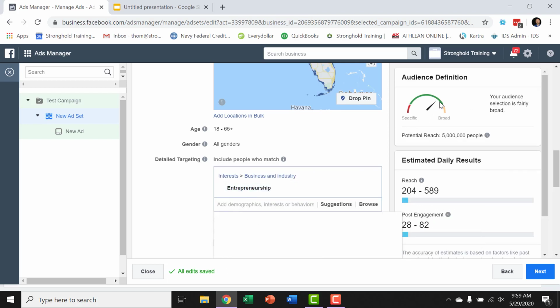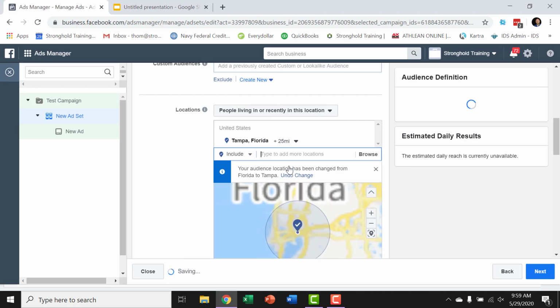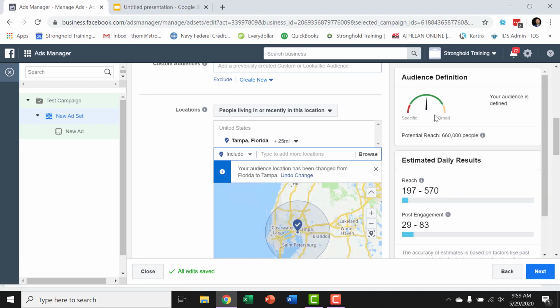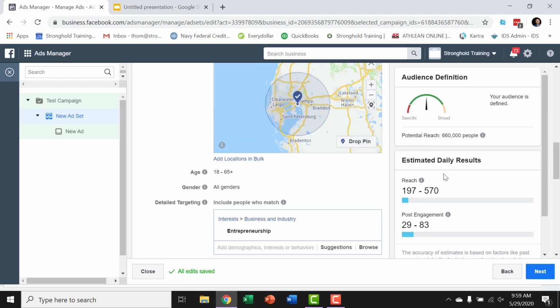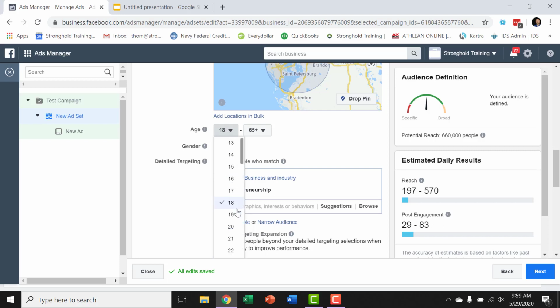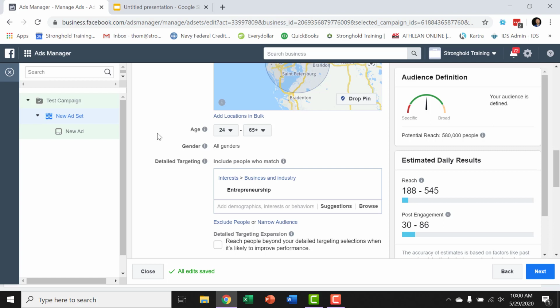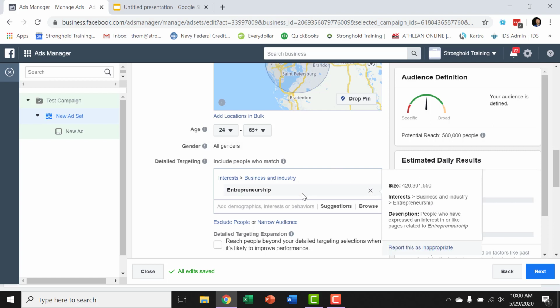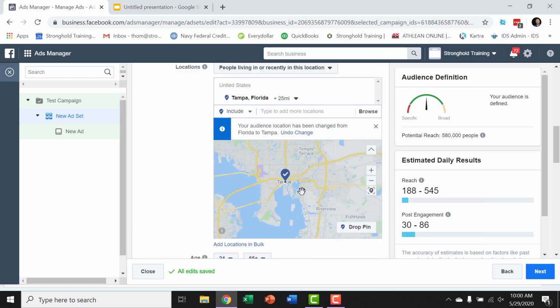See, that's a pretty large group of folks. I'm going to actually narrow that down to Tampa. 25-mile radius around Tampa. Still a bigger group than I typically would advertise to, but that works. As a matter of fact, I'm just going to narrow that to people 24 or older. Typically, my clients are 24 and older. So about a little over 500,000 people interested in entrepreneurship in Tampa. All right, that is my